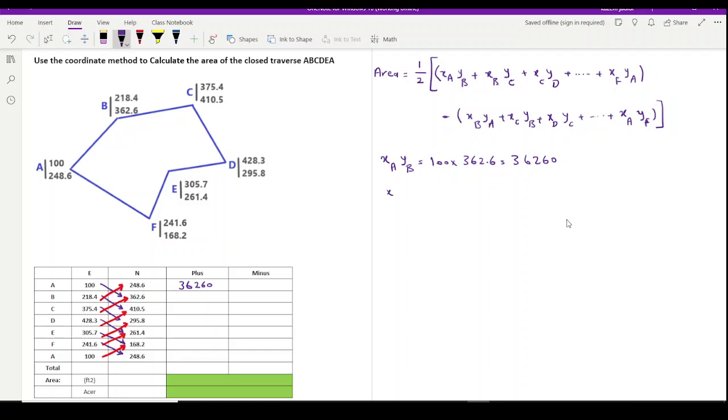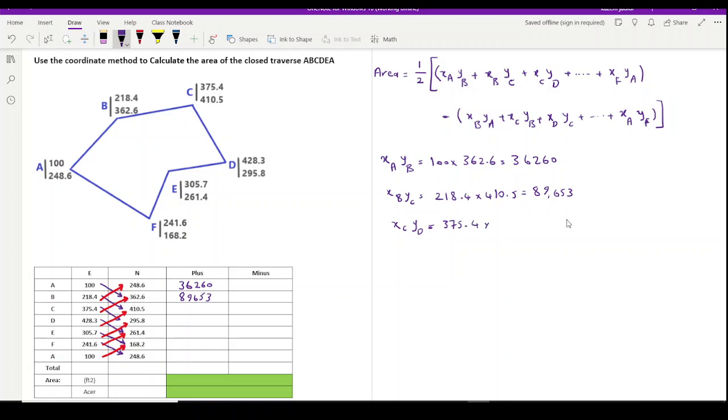Then xb times yc is equal to 218.4 times 410.5. You multiply it, you will get 89653. I transfer it to the table as well. Repeat it, xc times yd, and that's equal to